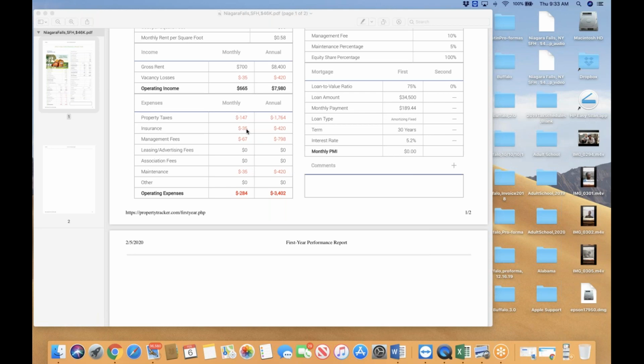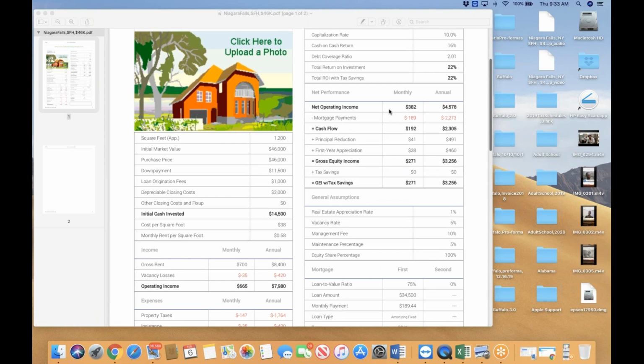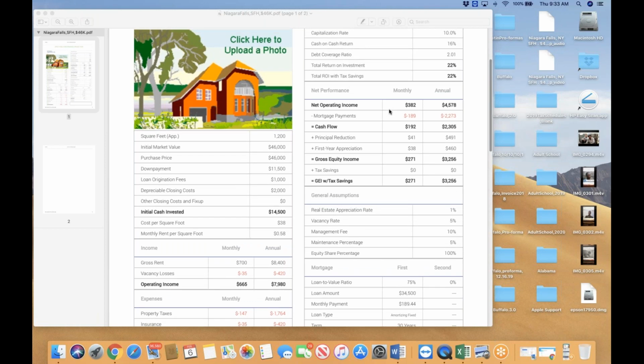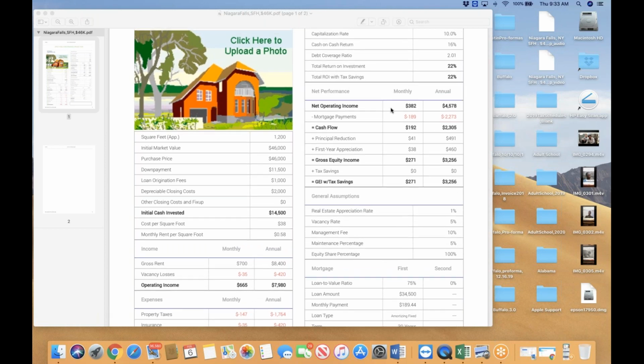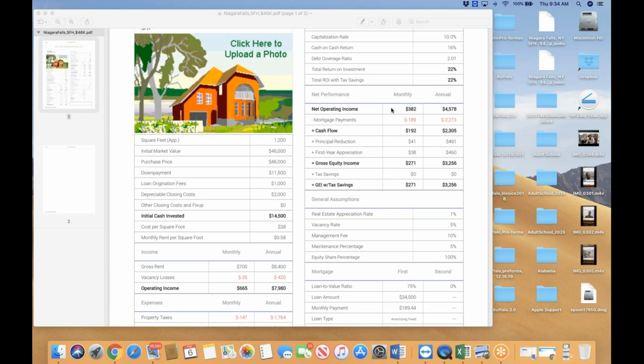All right, so you add up all these expenses, and you have an operating expense of $284. So operating income $665, reduced by $284 operating expenses, right? Then you carry over $284. So then the operating income becomes $382, right? See that? Operating income minus operating expenses equals